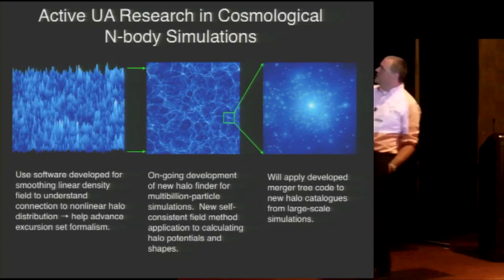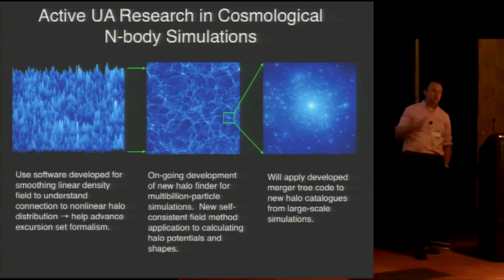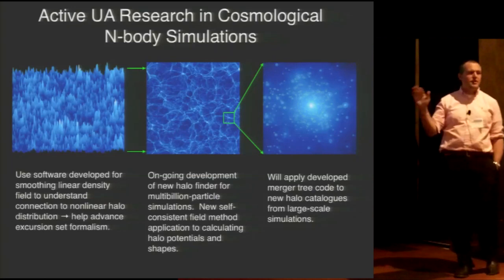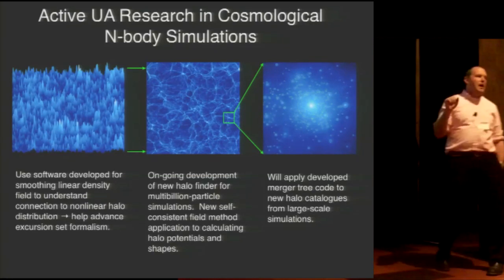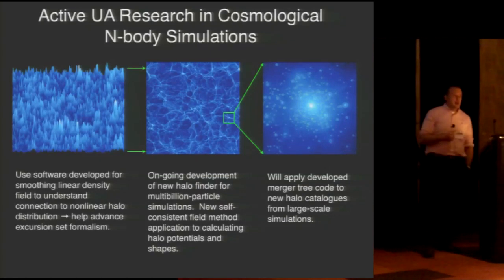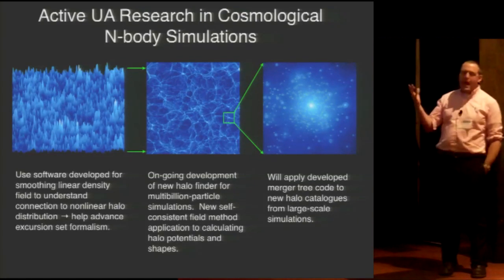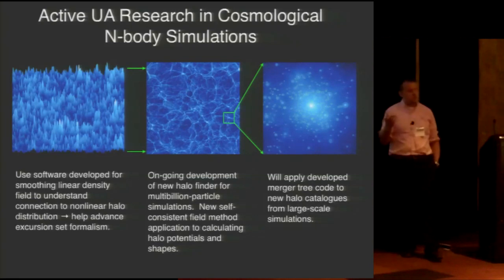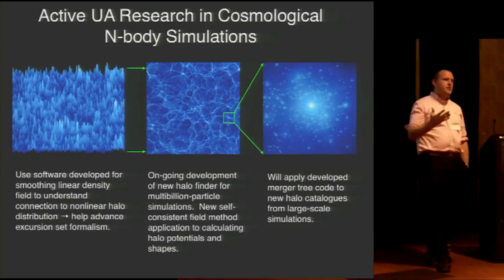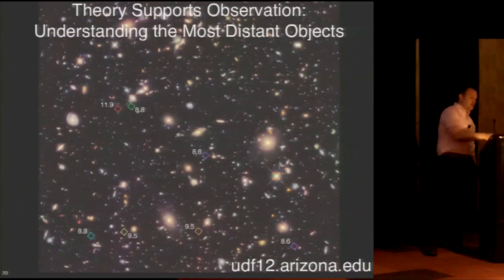And so here I've shown you the initial conditions I showed you before, but I'm exaggerating greatly the density fluctuations in the early universe. Can we understand these density fluctuations and understand their statistical properties in such a way that we can actually predict the large-scale structures that form out of them in a robust way and understand their detailed properties? And now that we're running multi-billion particle N-body simulations as a community, we need to have the ability to process those simulations, and that also requires supercomputing resources. So we're developing techniques for doing that very fast and efficiently. So that's one of the things that we're interested in here.